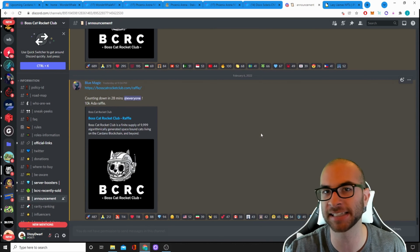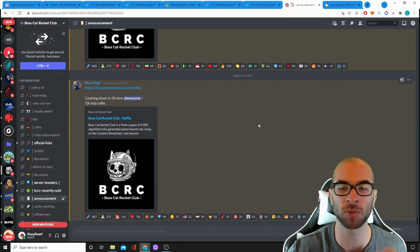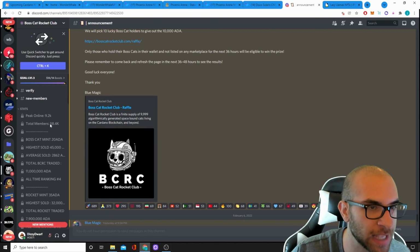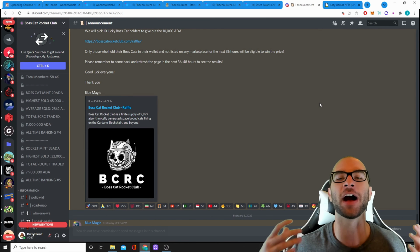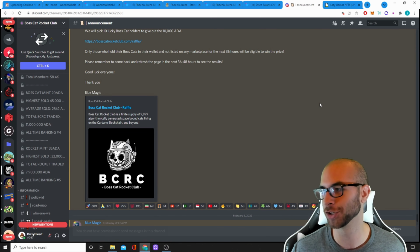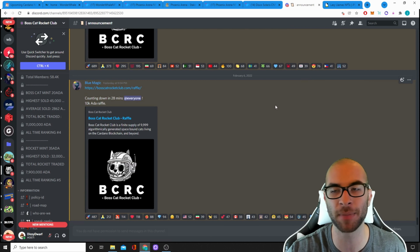If you look at the cats, they were 20 ADA. Now they're 2,700 ADA. Same thing with the rocket parts. I think they have it over here. The rocket parts were 35 ADA, and now they're 5, 6, 7,000 ADA, depending on when you're looking at it. So this is a project that I'll definitely be going for and that I've had my eyes on for the